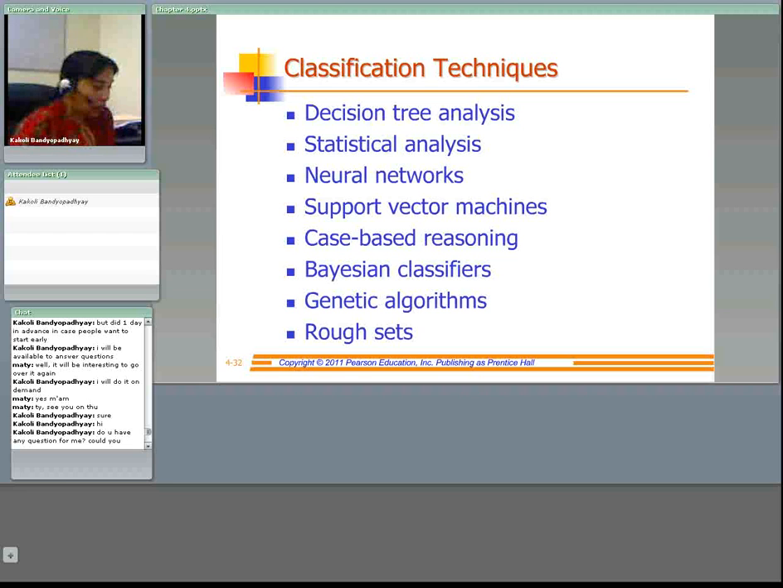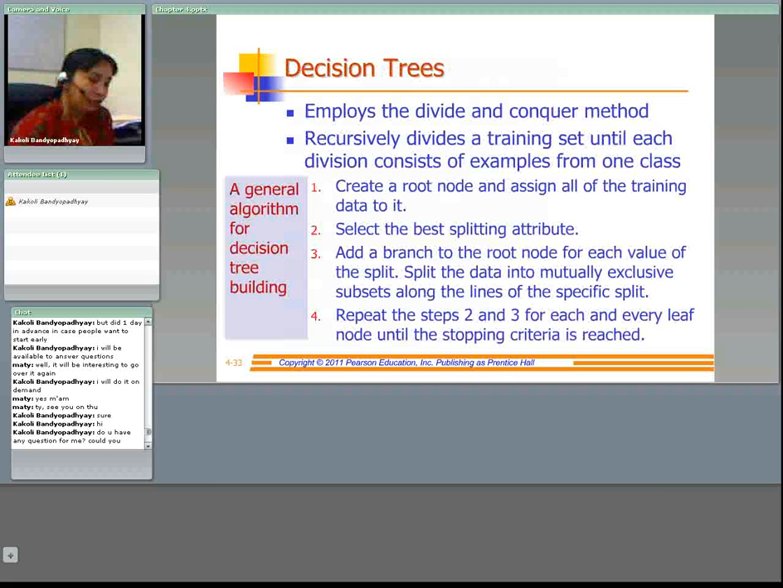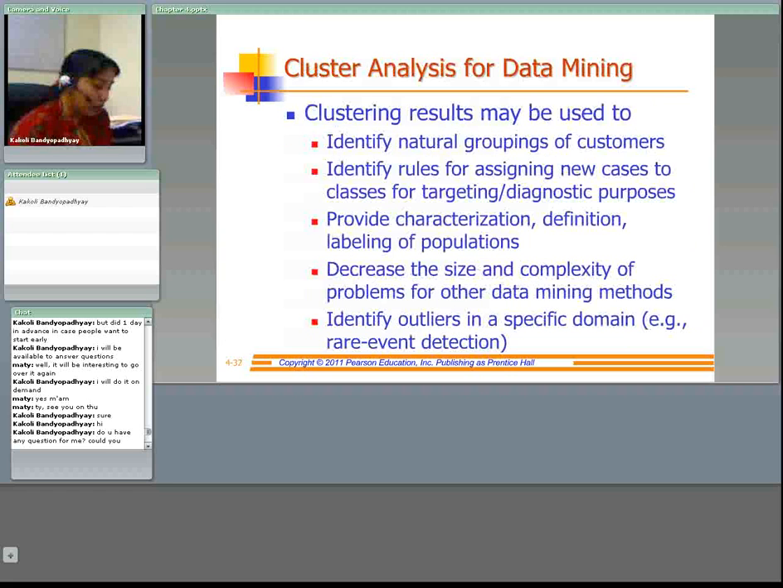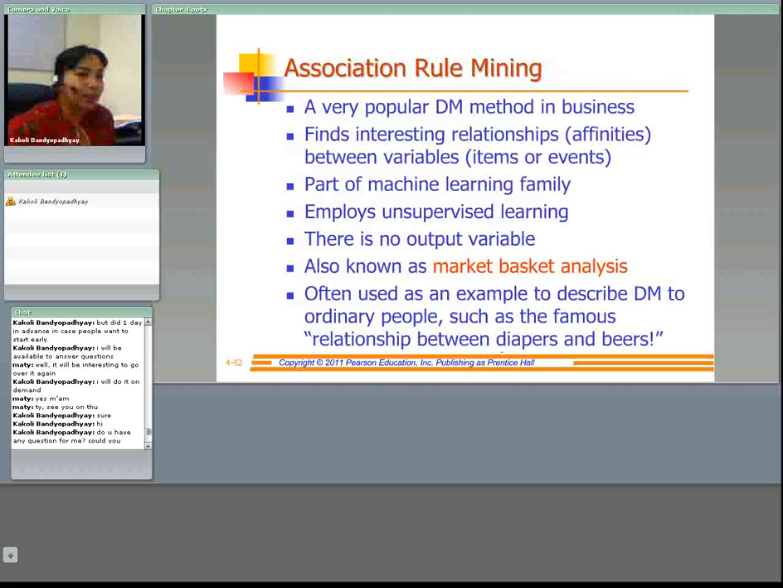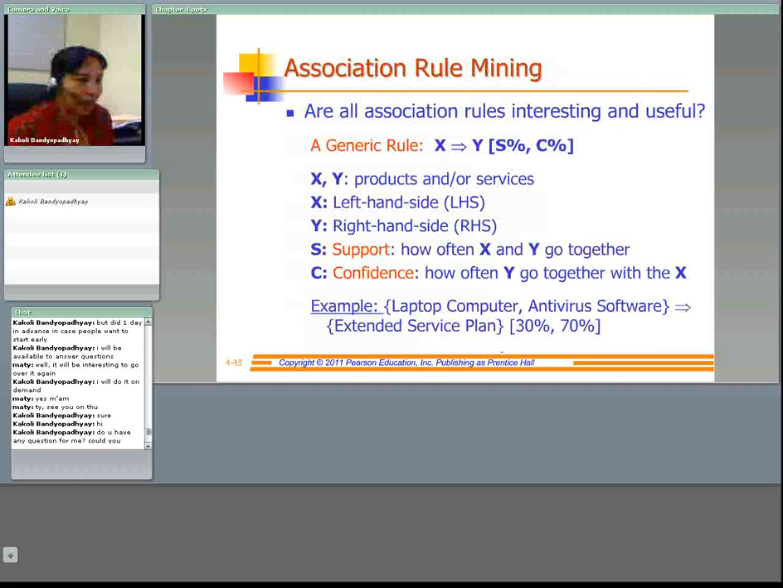So data mining tools will help you use a variety of techniques, and these techniques can be decision tree, statistical analysis, neural network, genetic algorithms, case-based reasoning, and so on, to find patterns and relationships in large volumes of data. Not only find the pattern, but also infer rules from them that predict future behavior and guide decision making. And some of these tools